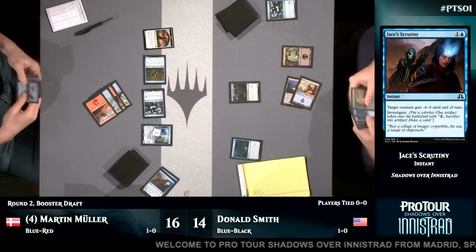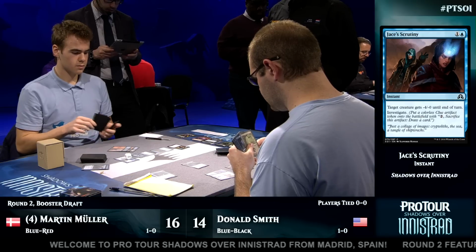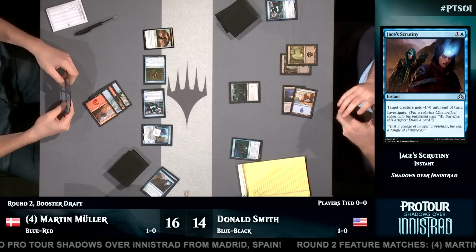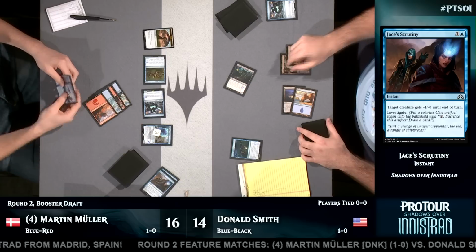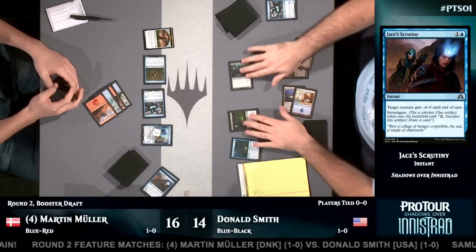And you can do that more often than it looked like you could for Jace's Scrutiny, I think, at the onset of the format. But what's happening here, even more interestingly, I think, is the big picture view on the match, which is that Ongoing Investigation only does things when you can attack and hit your opponent. If you cannot, and by the way, Martin's going to block here with his Thing in the Ice as a result. If you cannot do that,